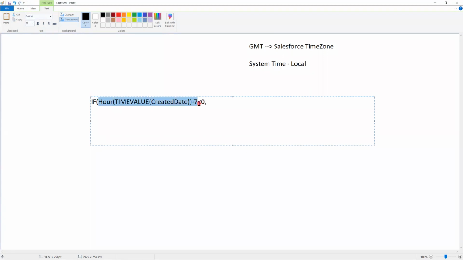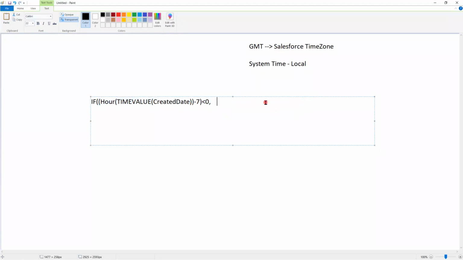If I'm getting a minus, then what I'll do is, this is the if condition. An if condition usually has the logic, and then true. If the logic is true, then I'll display the true, otherwise I'll display the false. This is the if condition. Now similarly, this is the logic here. If this logic is true,